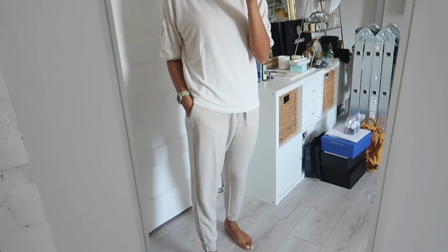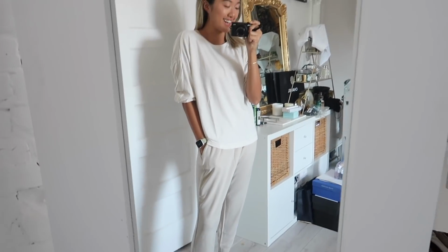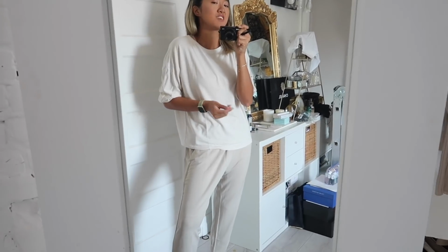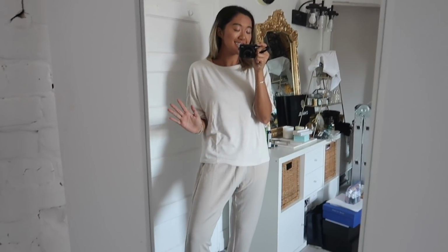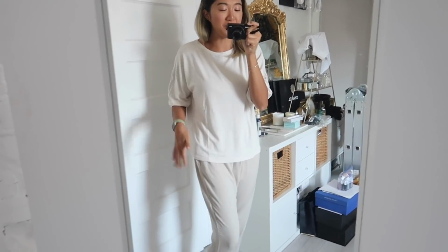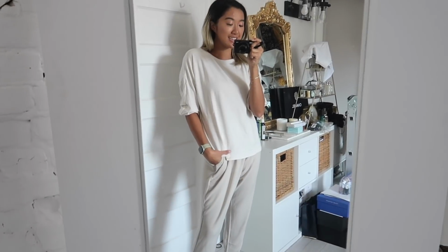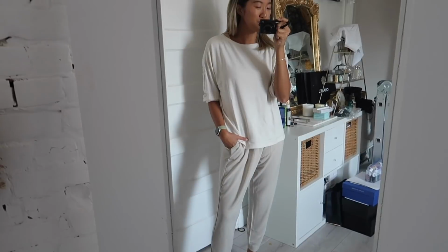And here is the PJ set on. So cute. Honestly, I feel like such a chic home lounger in this set. I feel like I need a little linen coffee table book and to be cuddled beside my pampas grass there, and it's just such a vibe with a little cup of tea. I don't know, it's maybe the beige tone on tone colors, but I feel like this is such a cute at-home lounge piece. I wouldn't probably wear this out unless I was just going to the corner store or something,